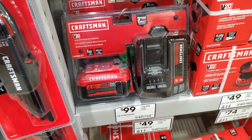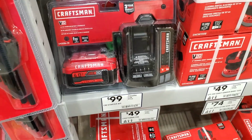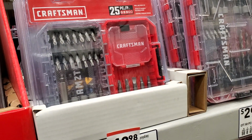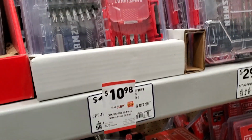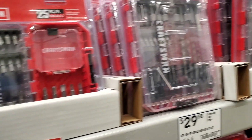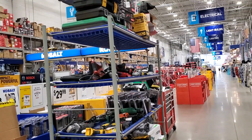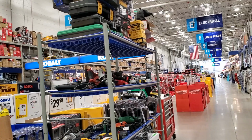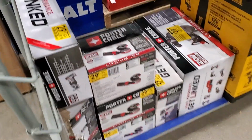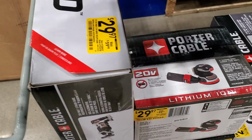You know, they were regular price $24, and now they got back in stock the 4 amp hour starter kit for $99. I know we missed out on the free tool deal, but hopefully they'll bring that back. 25 piece set there for $10.98. That's still a great deal, but the other one for $6, let me tell you, that is a really good deal. Here's a huge clearance section, guys, at this store, because Flex is moving in